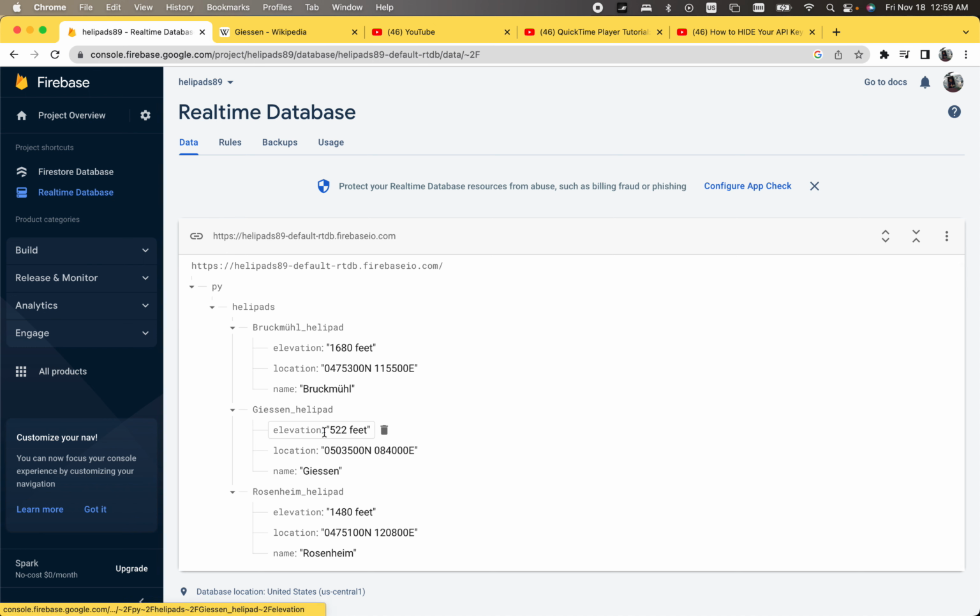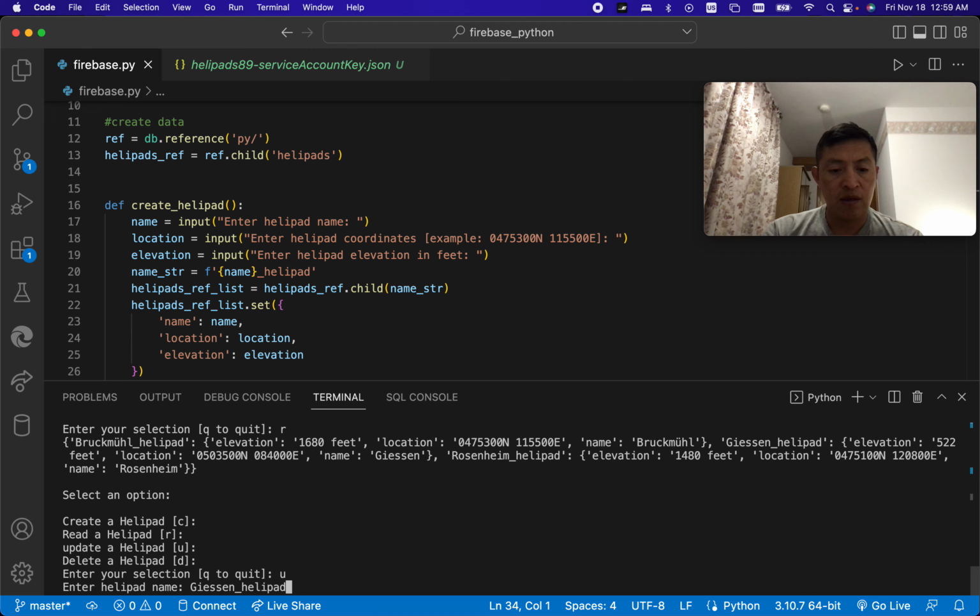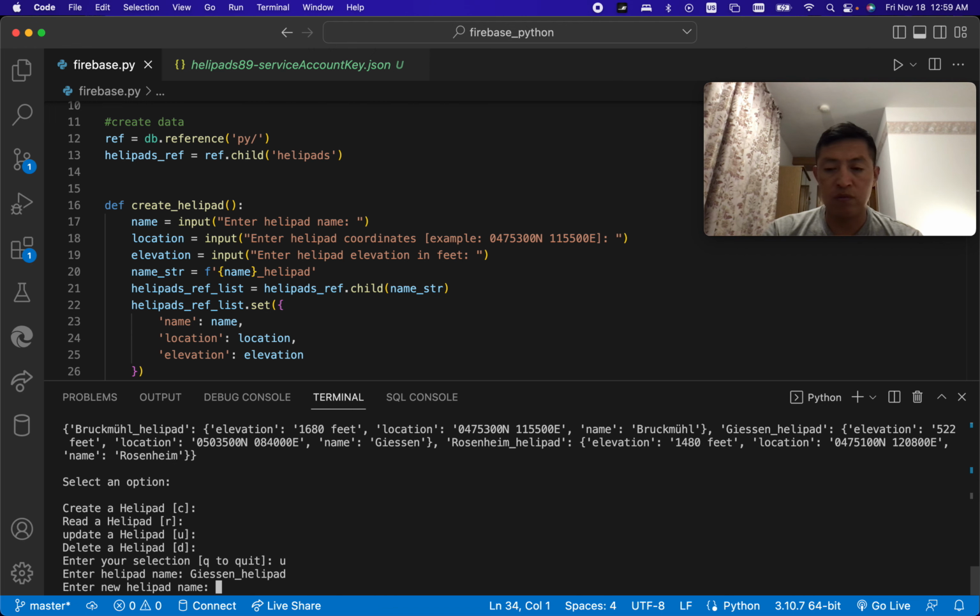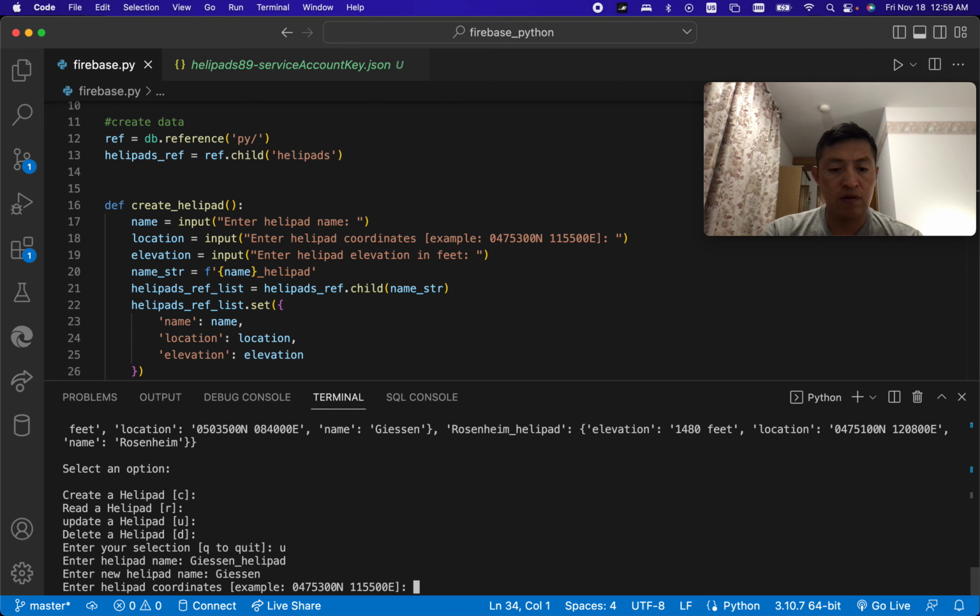So let's get back to here, and now we're going to update Gießen. So we're going to pass the name of the helipad. In this case it's Gießen helipad. The name is the same, it's Gießen, coordinates are the same, so just put the same, 35 00 north,